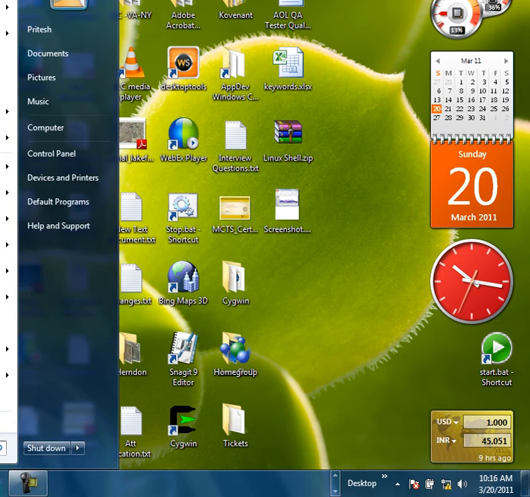So let's go ahead and open SQL Server. Basically, this is Microsoft SQL Server 2008, and this is the SQL Server Management Studio. So when you click on that,